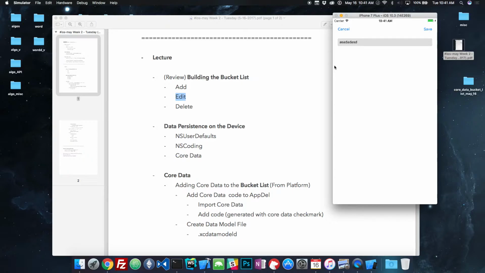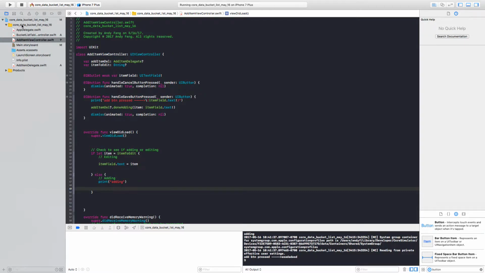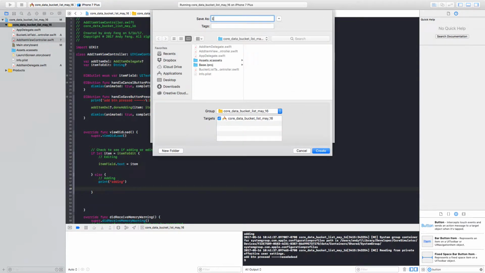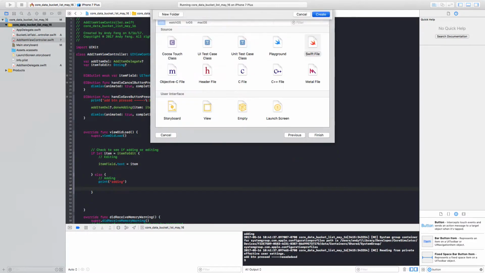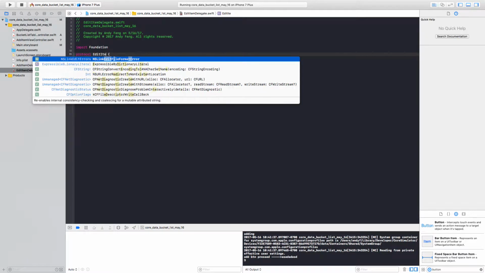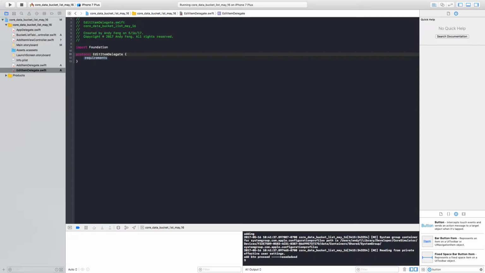So what we need to do now for the editing part is that if we click on save and it's editing, then we don't want to add it to the list. Rather, we want to just change whatever item in that index of the list is, right? So we're going to have to create another custom delegate. We're going to call this guy the edit item delegate. Protocol edit item delegate, class, func done